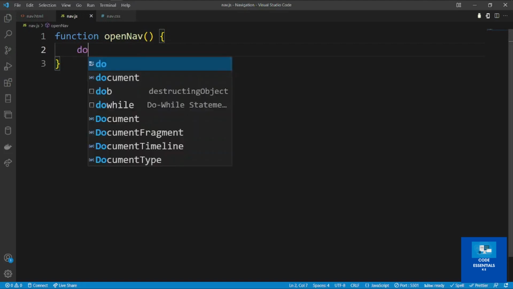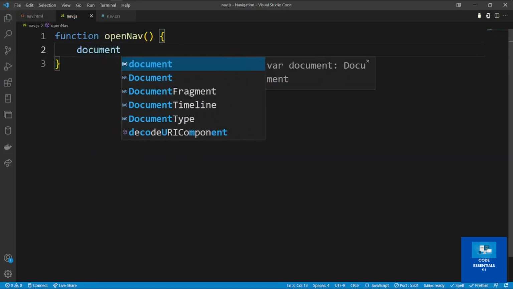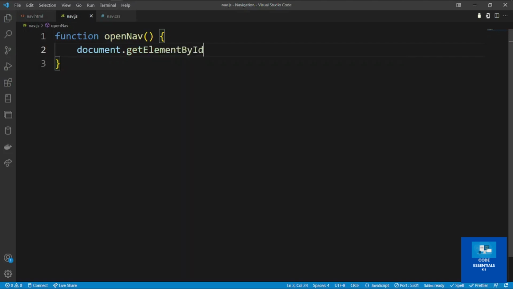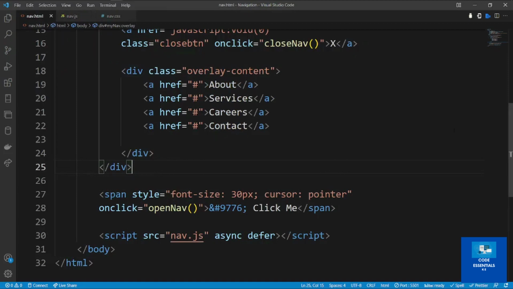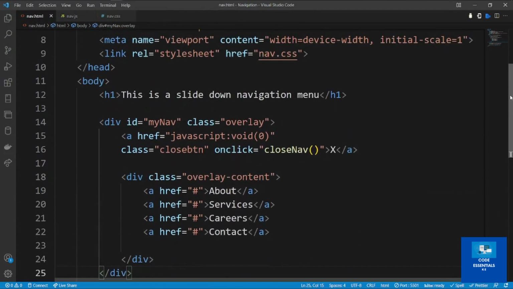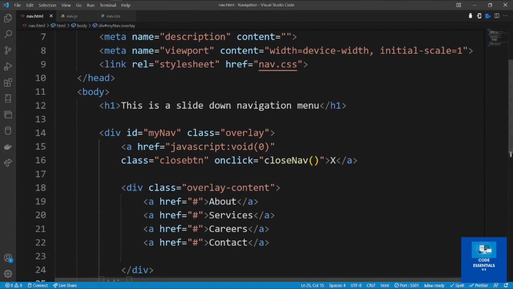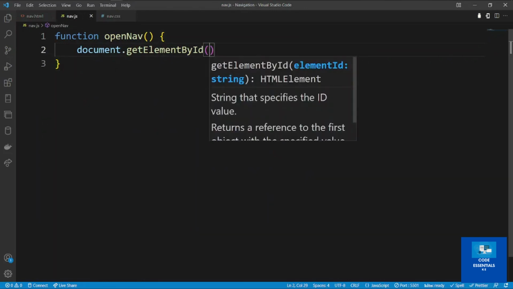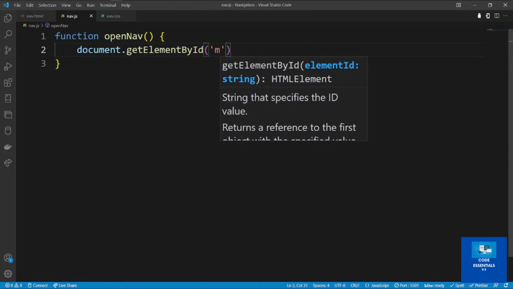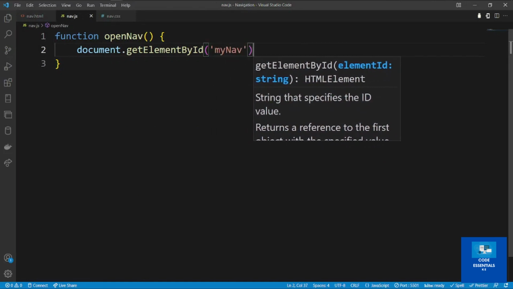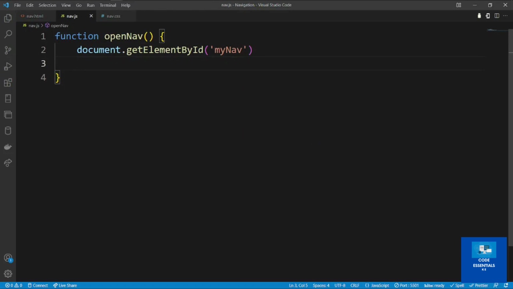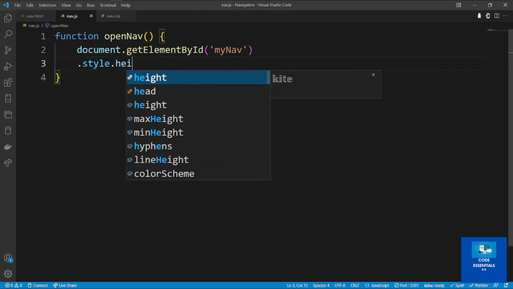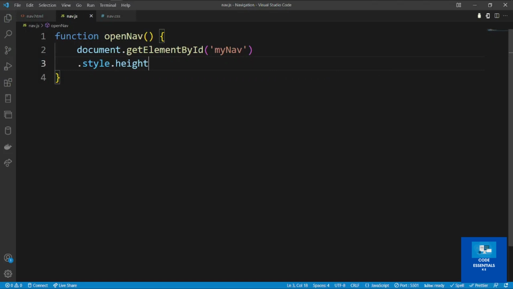let's call document.getElementById, and our ID is, if we go back, I think we just have only one ID, this one, myNav. So it is myNav, right? So ID, that way. Then we say myNav, right? Then we say .style.height,